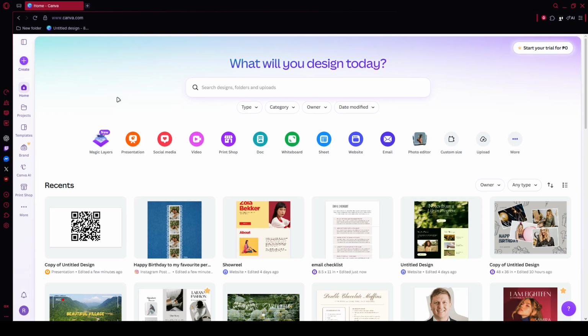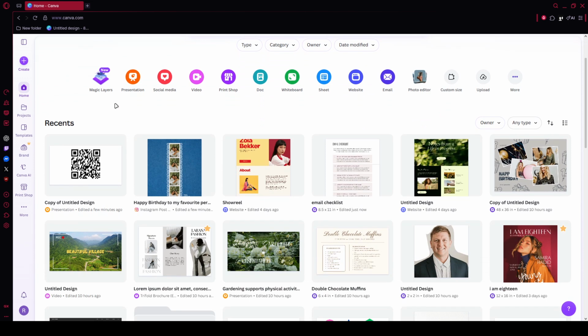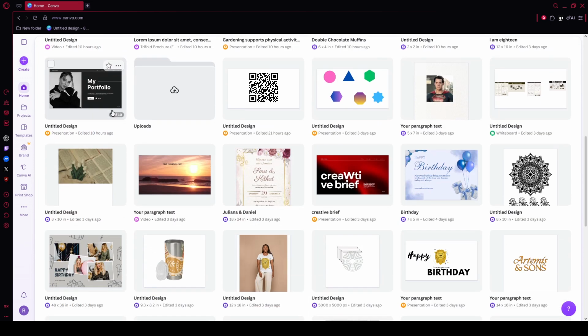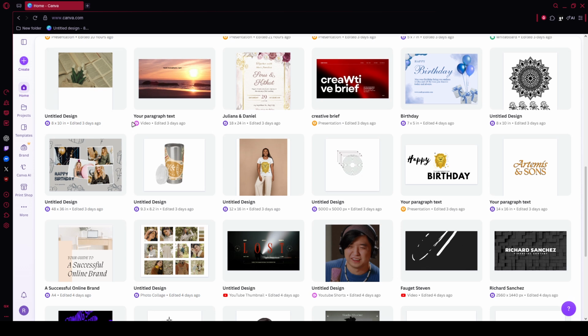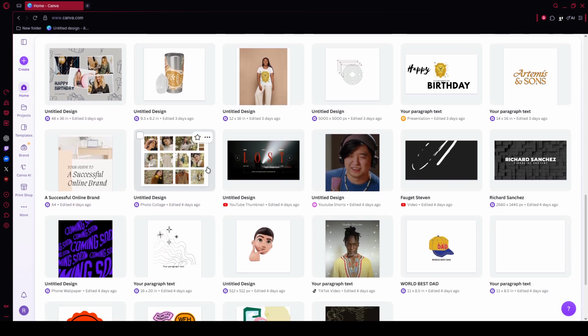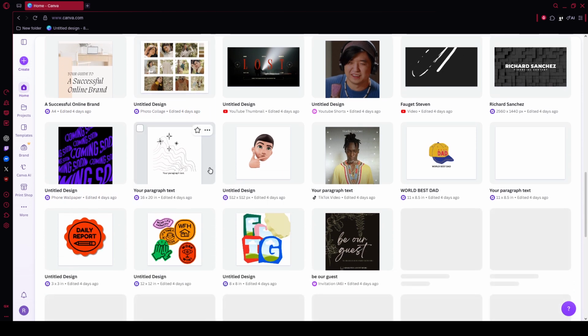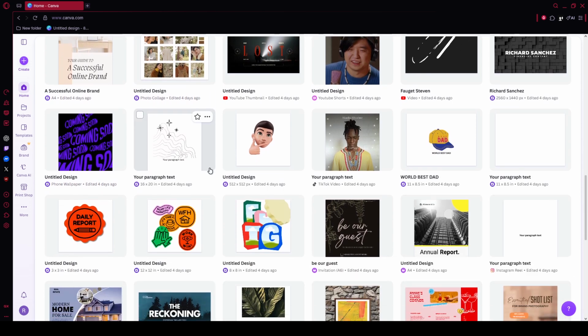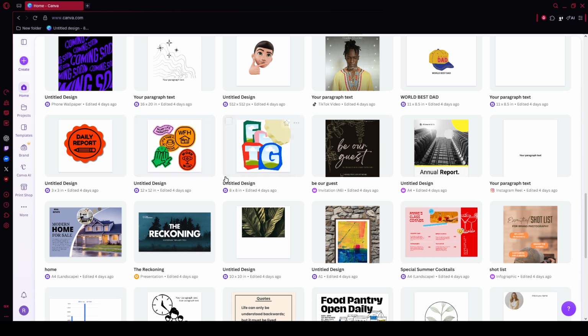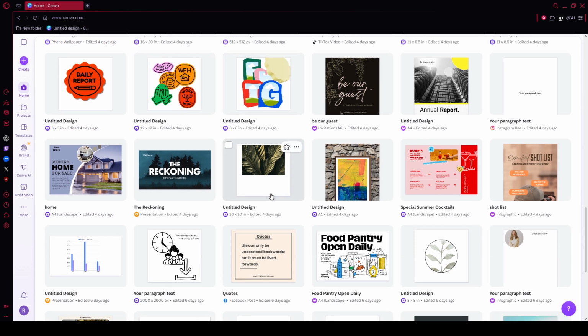In today's video, I'm going to teach you how to group elements in Canva. If you've ever tried to build a presentation, flyer, or social media graphic in Canva, you've probably run into the same problem. Everything looks good for a moment, and then one small move throws your layout out of alignment. Grouping solves that by letting you treat multiple elements like one single object, which makes moving, resizing, and organizing your